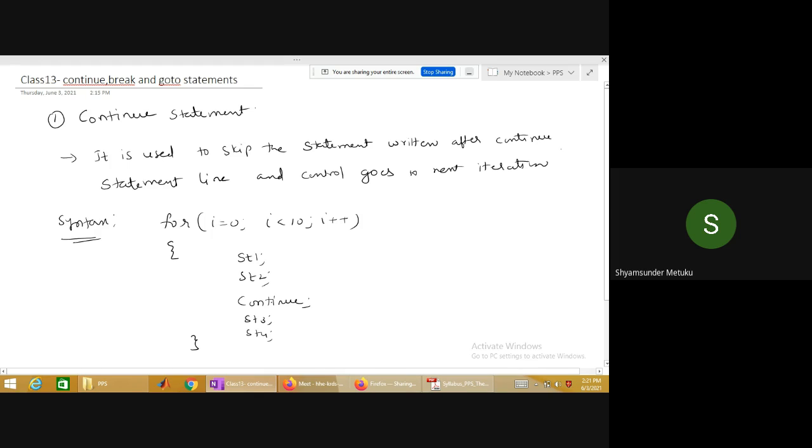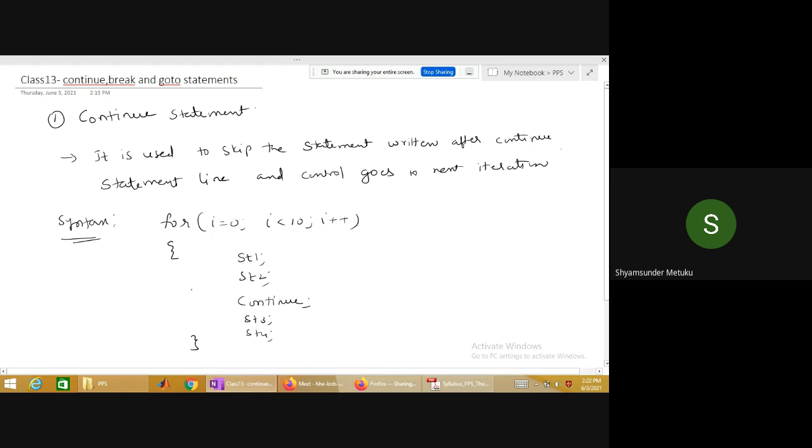The moment it finds the continue statement, it is used to skip the statements written after the continue statement. It means, can you tell me what are the statements written after the continue here? Anybody? Can anybody tell what are the statements written after the continue statement line? 3 and 4.